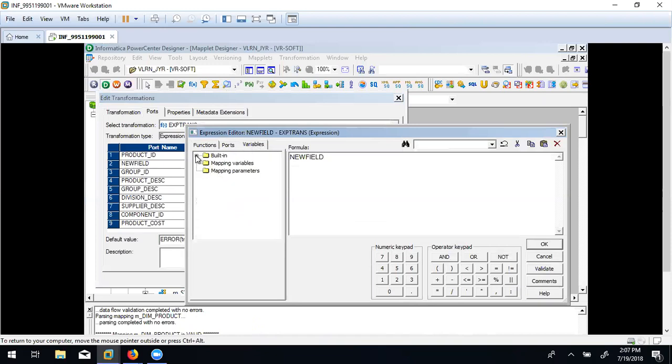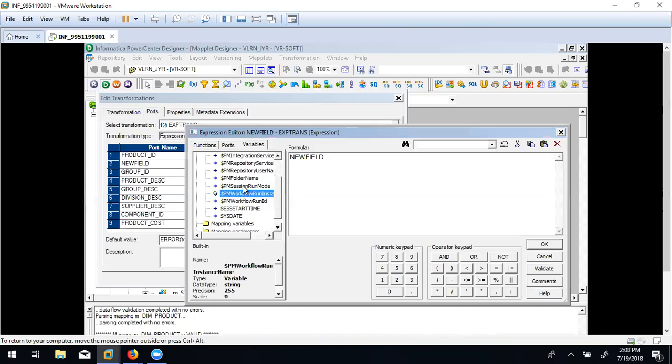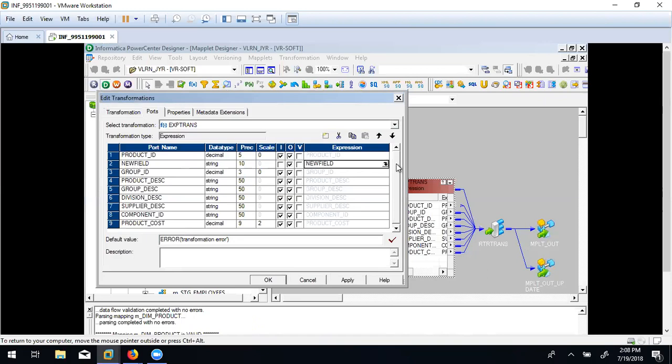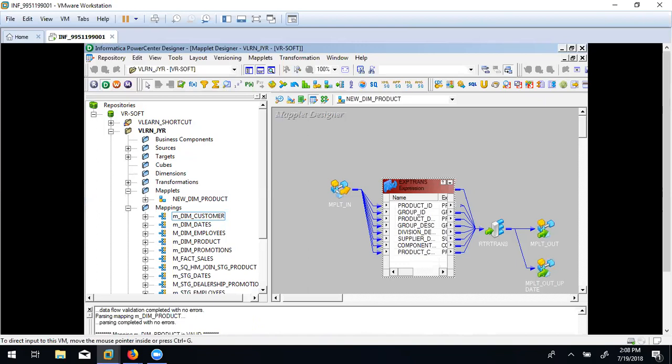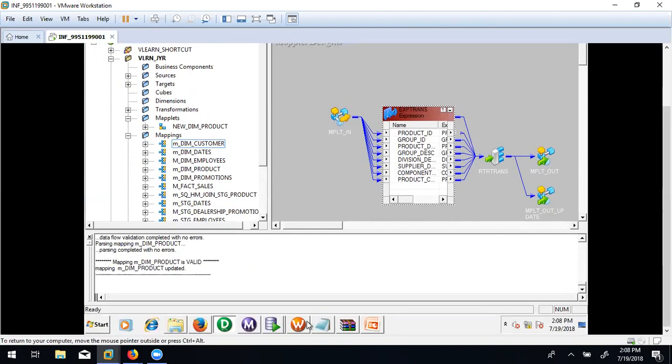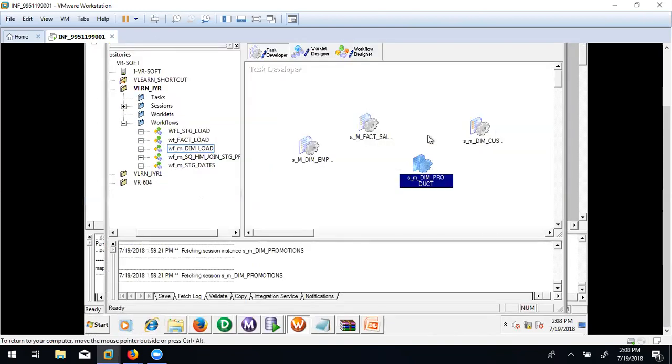The mapping built in, and these are the mapping variables. But here I can also see workflow runtime, session run mode, repository username, but these are related to the mapping. In the same way, for the session also, you should see them. So when you go to this,